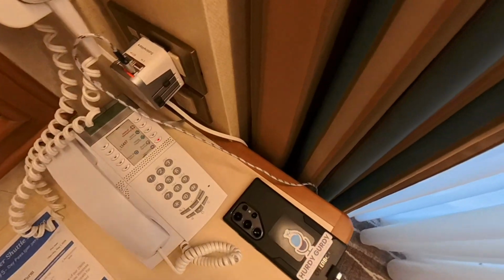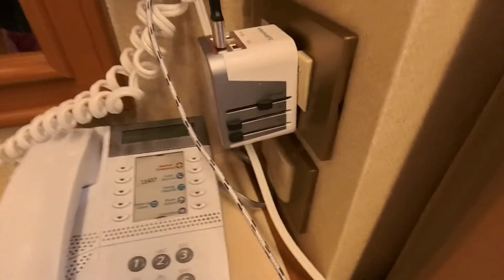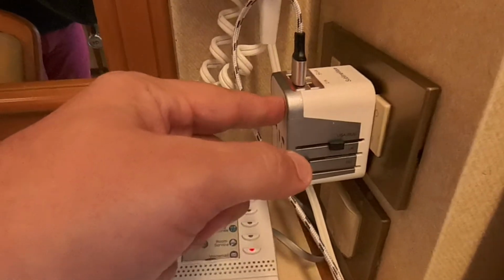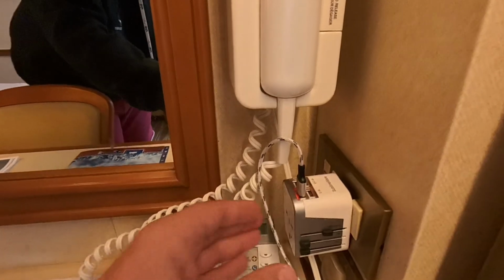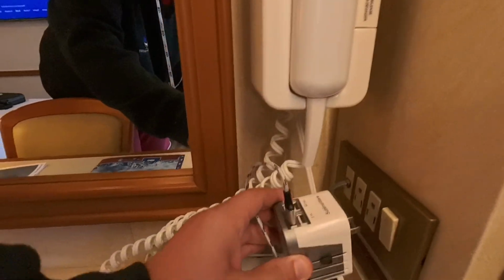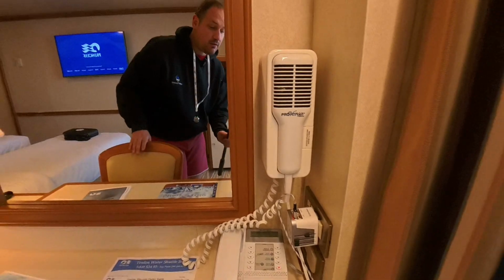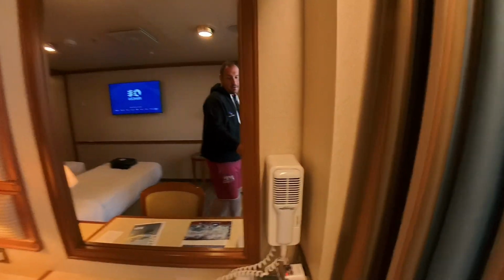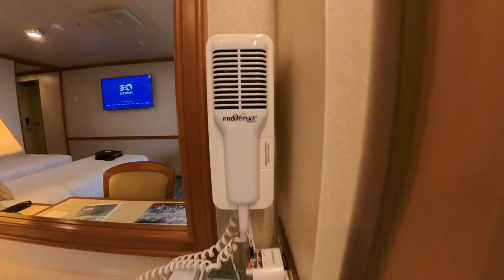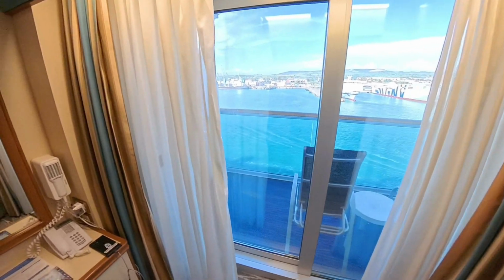And the plug. This is a little bit quirky. I brought my multi-plug here that has the European and UK. And when I move this thing, it's hitting the light. So the plug being close to the light, not so good. But you see, this is like a US plug here. So I don't have to use the UK and EU, but I have it with me, so why not? Over here, it looks to be a hair dryer and a port right there to charge, and the interesting balcony